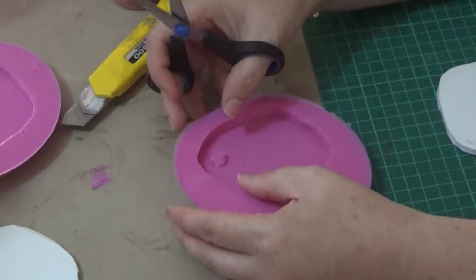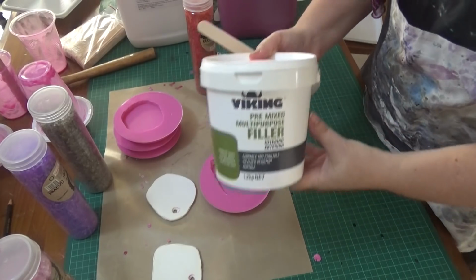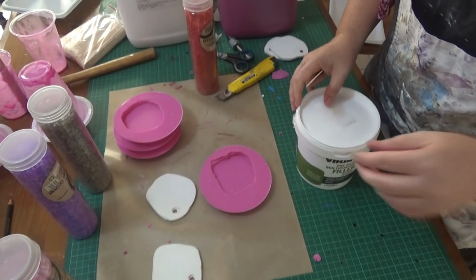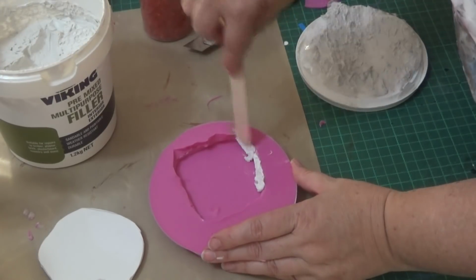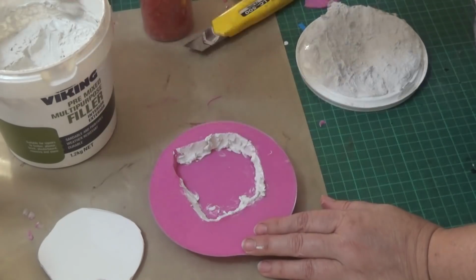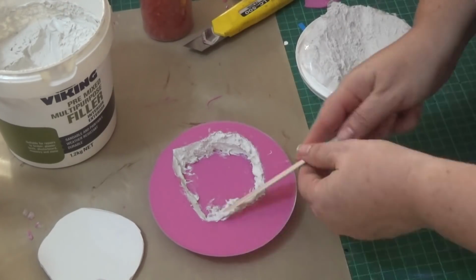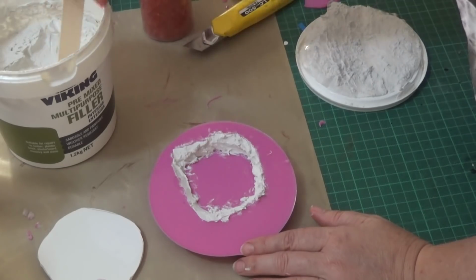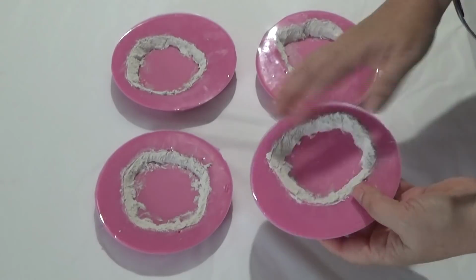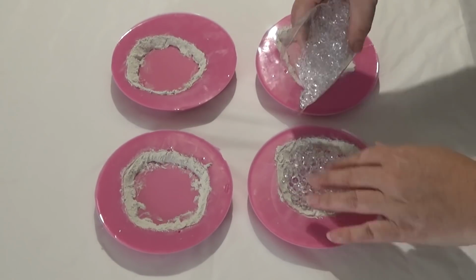Now I'm just using Viking multi-purpose filler, but any filler will do. Wall filler, wood filler, anything like that will do as a substitute. And so I'm just putting the filler around the edges of the mould. This is just to give it a more stone-like feeling around the edge of your geode style thing. So once that was done, I left that to cure overnight, and now what I'm doing is I'm using the